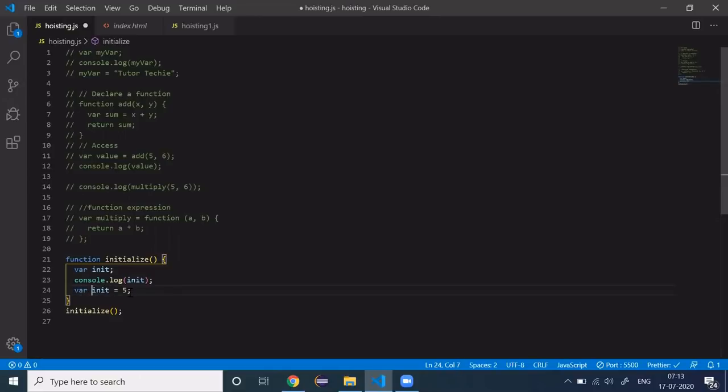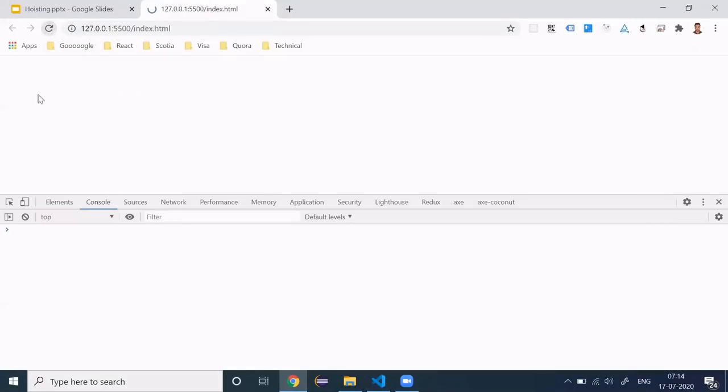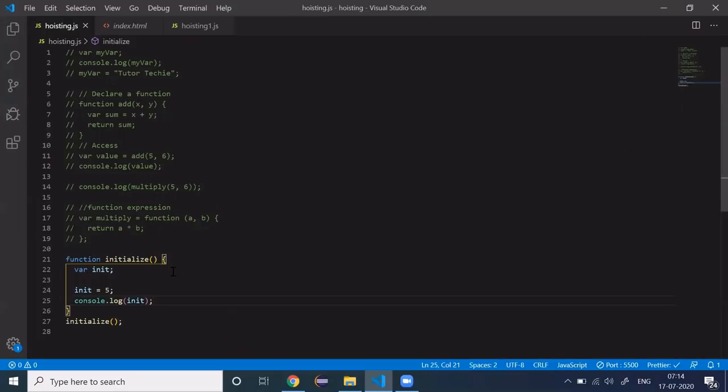Even if you write like this, the JavaScript engine interprets it like this. So for var init, the value is defined at the execution phase. That's why it's printing undefined. When you move it after assigning the value, now you will get the value. So this is how hoisting works in JavaScript.